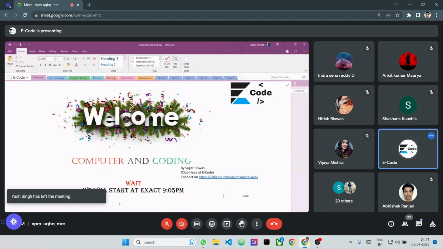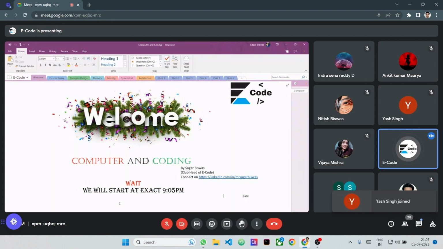Apart from that, my technical strength is that I am a MEAN developer. MEAN exactly means full stack web development. I also have expertise in DSA, data structures and algorithms. Also, in my third year,